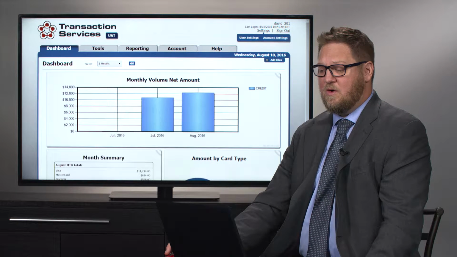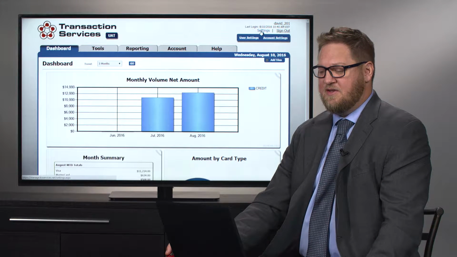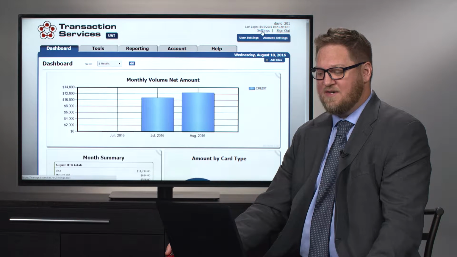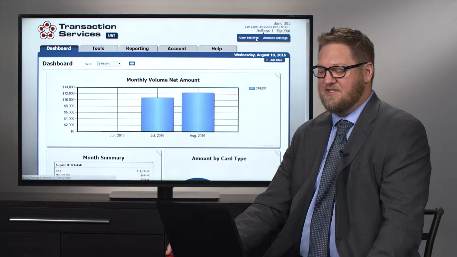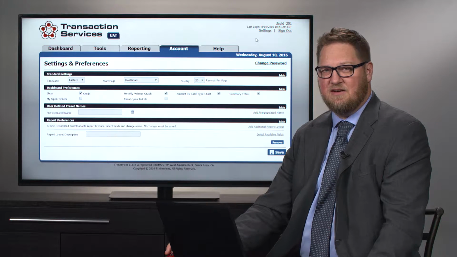At the top right corner, where it shows the username information that's been logged in, Transaction Services has a settings module. And when you roll over settings, there are two different settings types: account settings and user settings. User settings are specific to the individual user account, and account settings are specific to the entire account and all